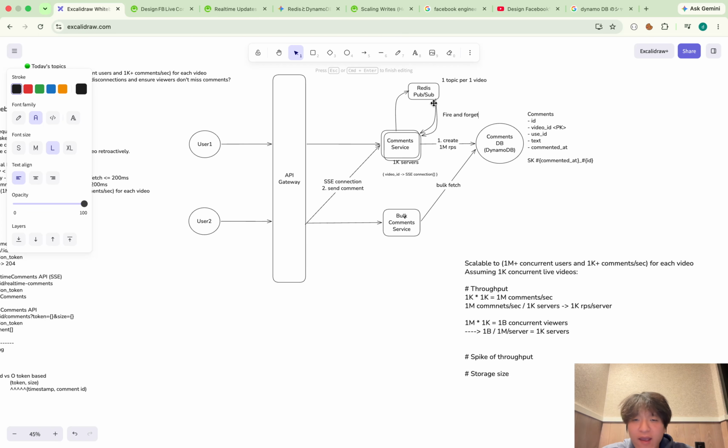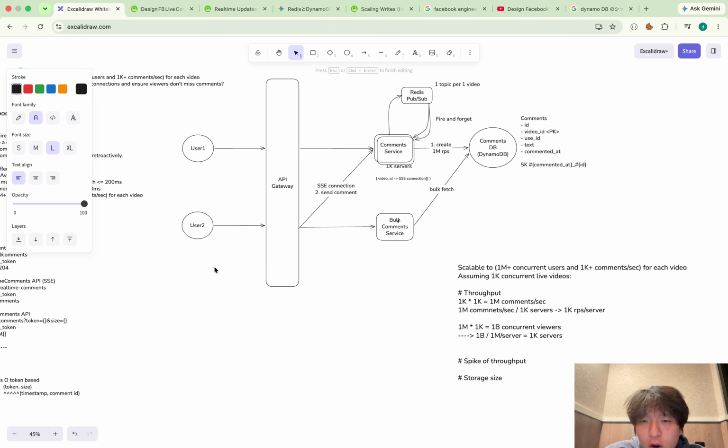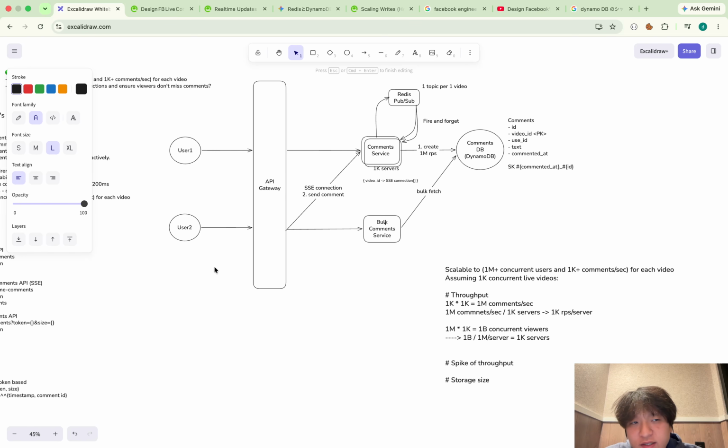But in our case, this is totally fine because we're developing the live comment service. So the user has to see the live comment. He doesn't have to see the past comments, basically. So it's totally fine with fire and forget.